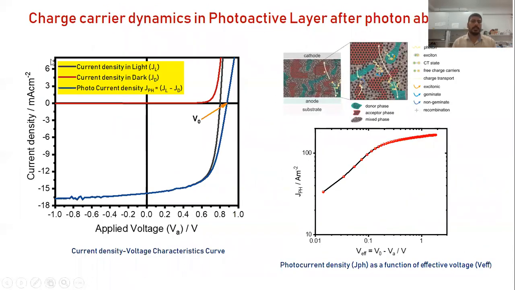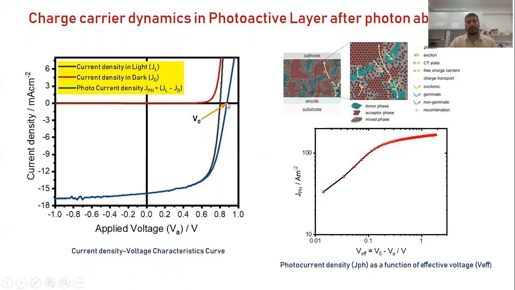You see, this is the charge carrier dynamics in the photoactive layer. As I explained, when you shine a light, there is a generation of exciton, a dissociation of exciton, a recombination, and finally sometimes you can also get a free charge carrier. This yellow line is the movement of free charge carriers. To calculate these things, you need your IV curve in the dark and your IV curve in the light, because in this black curve there is a component of dark current inside. When we subtract the dark current density from the light current density, we get the actual photocurrent density.